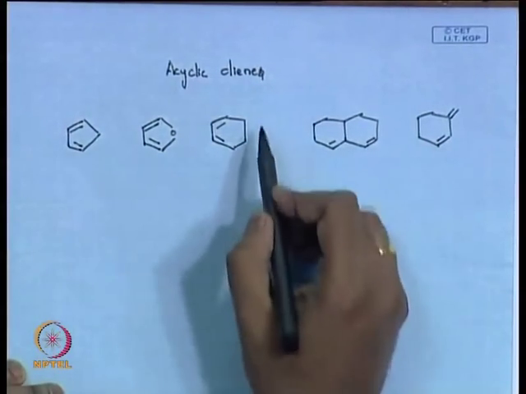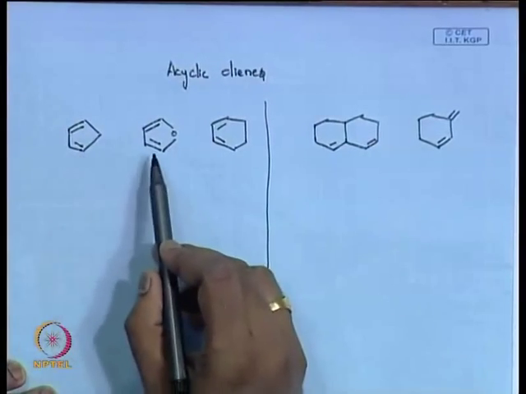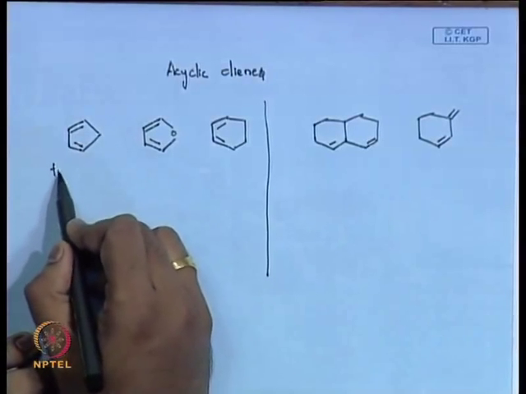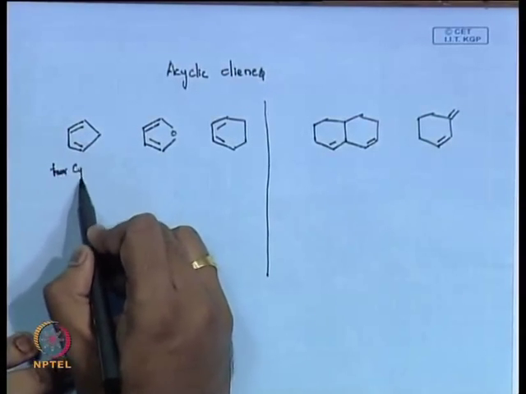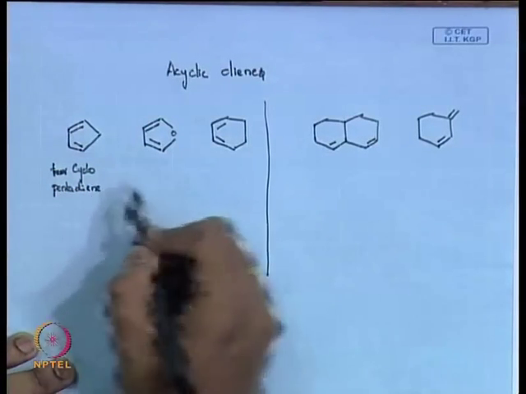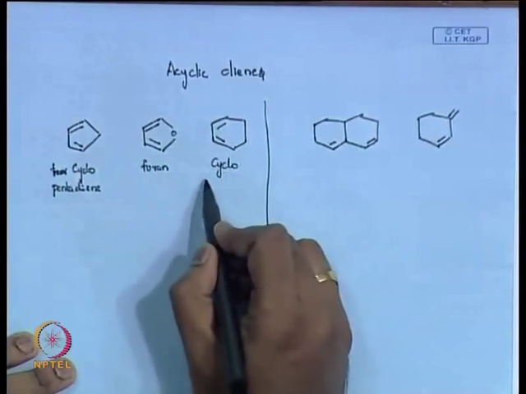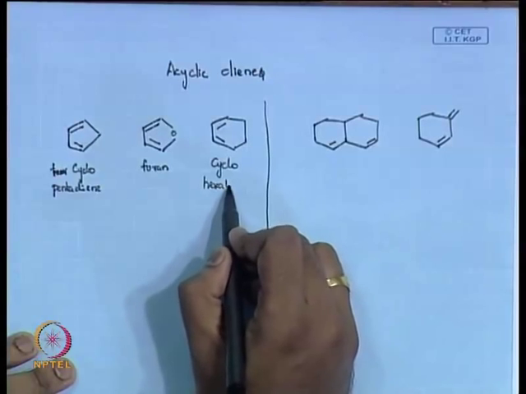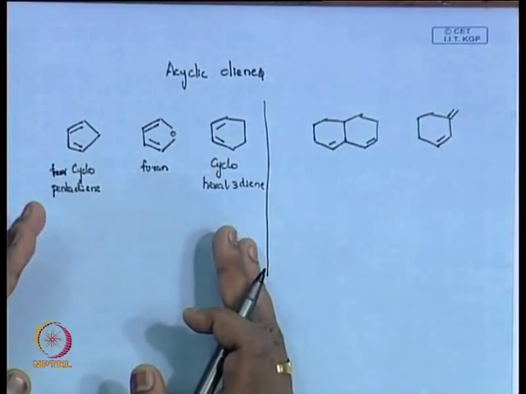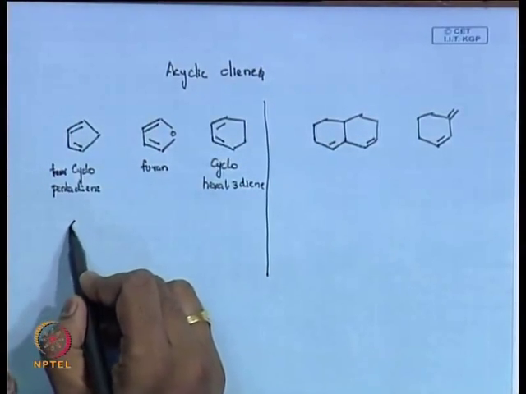If you see this class of dienes, that is cyclopentadiene, furan, and cyclohexa-1,3-diene, you see their conformation is locked, all these are S-cis,